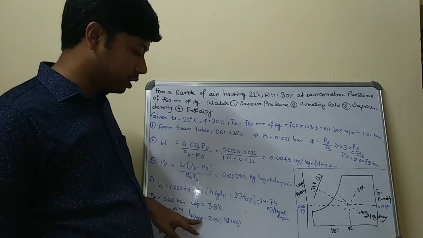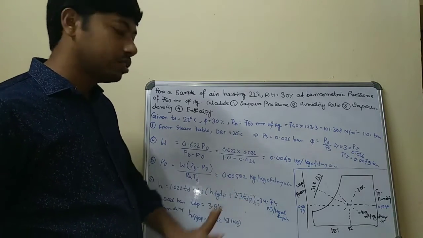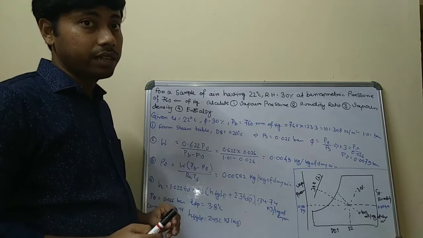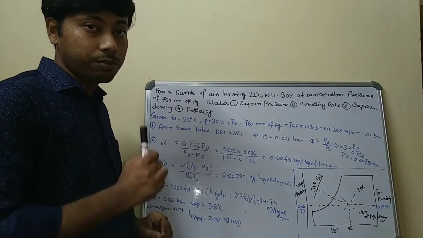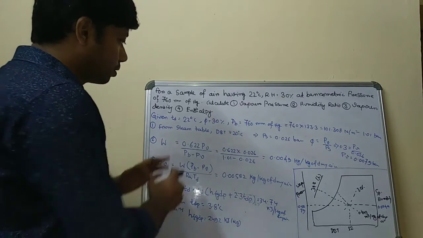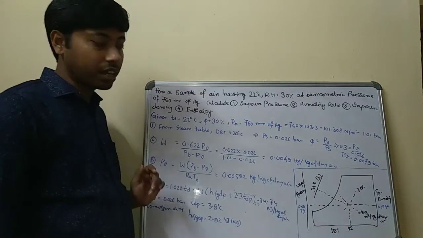That means HFGDP will be 2492. If you put all these values in, you can get this one. So all these things you have to calculate only using the formula. But what is the need for the psychrometric chart? Here we come, because we are actually interested in this numerical,